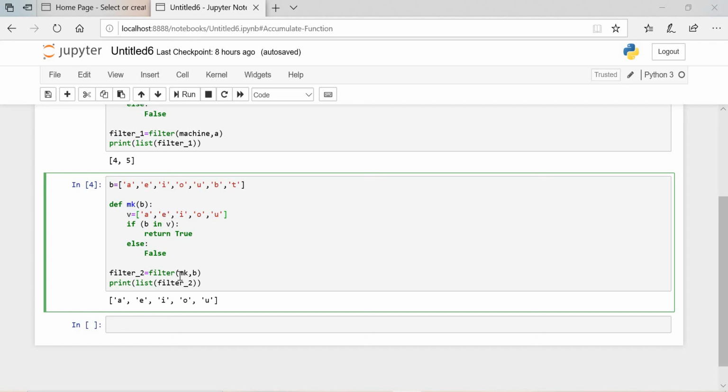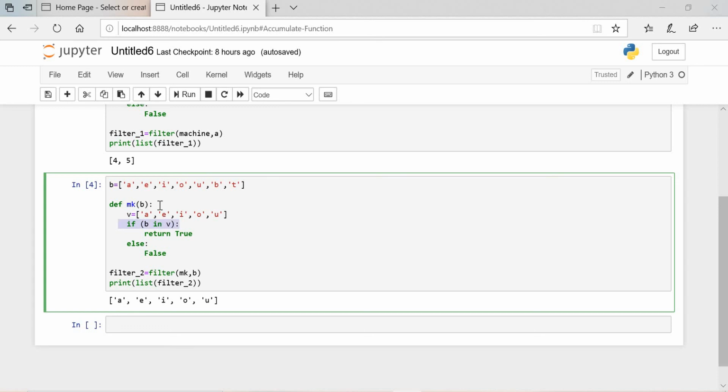To run this filter function, I need to give some condition, that is, if it is true, then print the true values. So if b in v, what are the b values? If that b value is in v, then return true. What is this condition?